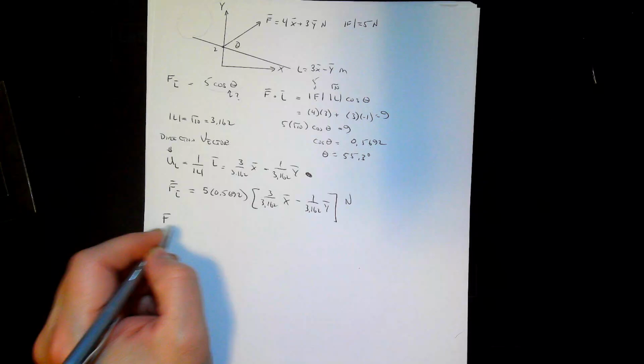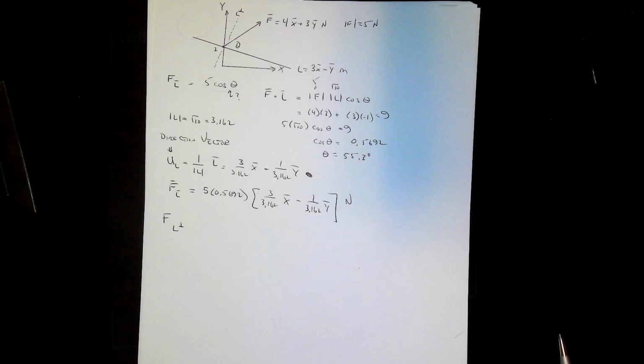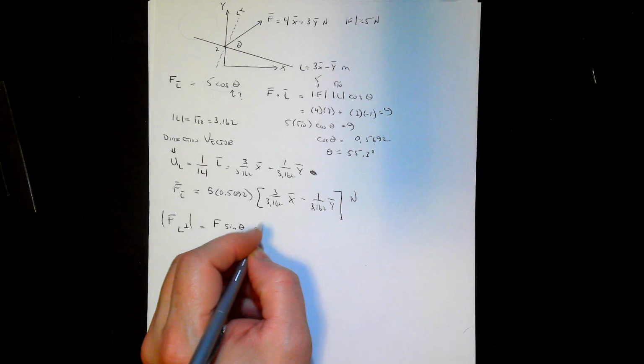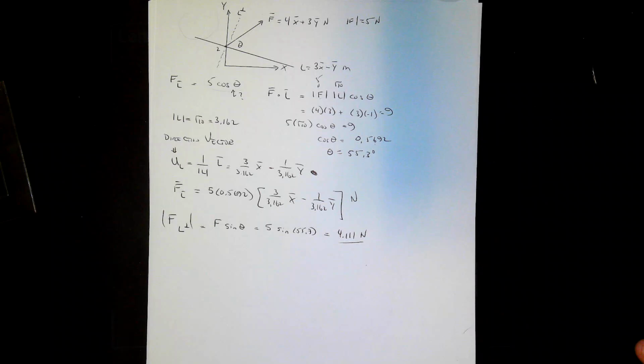F dot L produces a scalar, and it can be computed 2 ways. Both of these give the same answer. It is the magnitude of F, which we know is 5, times the magnitude of L, which is 3 squared plus 1 squared, the square root of 10,